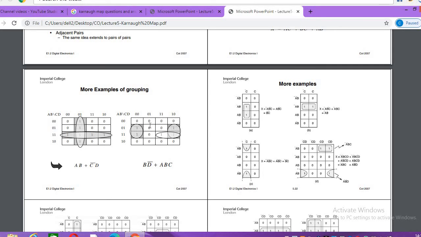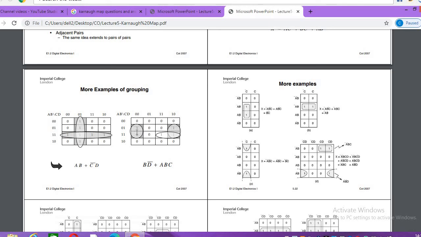See this example. Here 2 ones are there. I can group these 2 ones. Here also 2 ones are there. I can group these 2 ones, and these 2 ones are also grouped. So how can I write the expression? I can write the expression as,